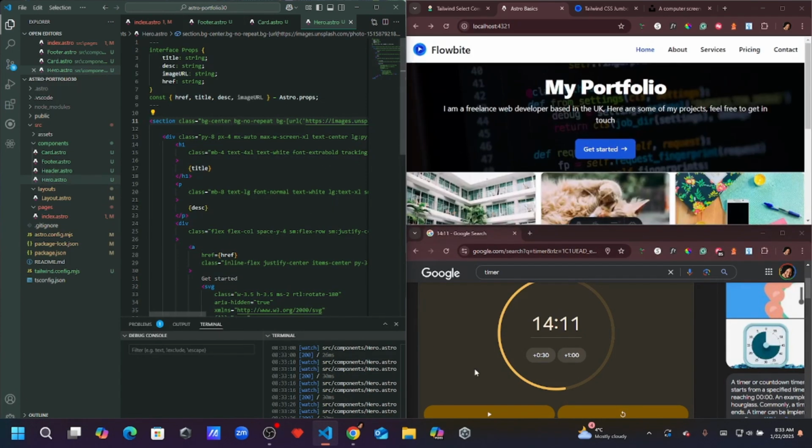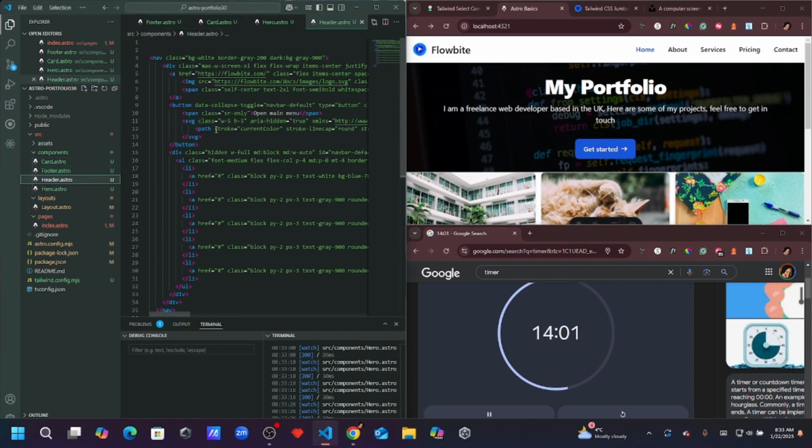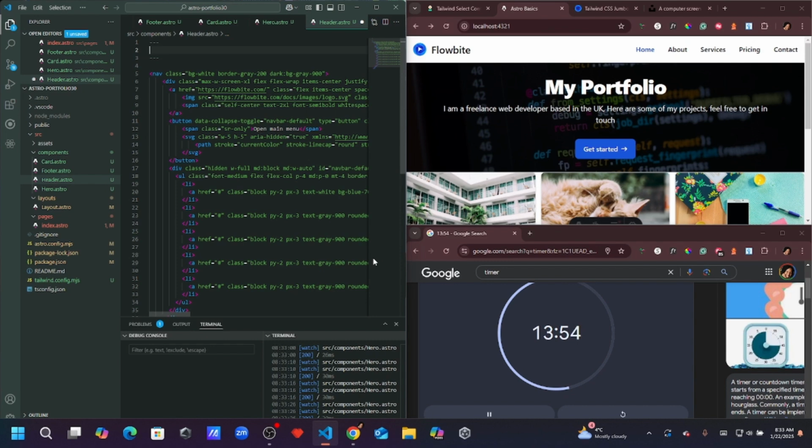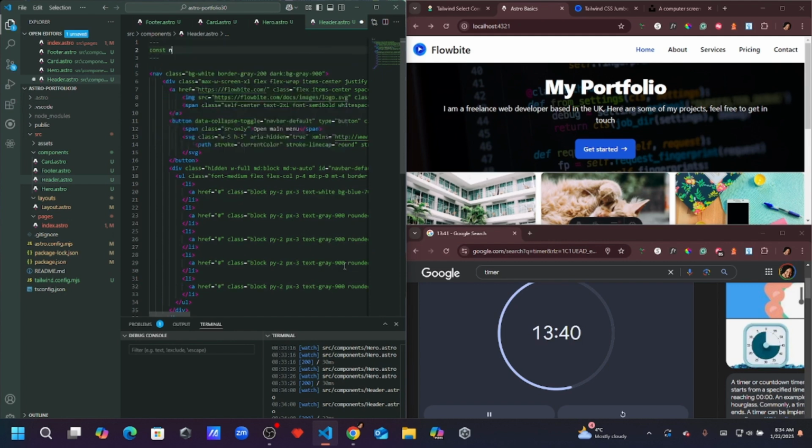Okay, so now we can fix this header. It's very simple. We're going to do something very similar to before. We're going to say const navLinks. Actually, because it's just one page, no, let's just add it anyway. Okay, so const navLinks